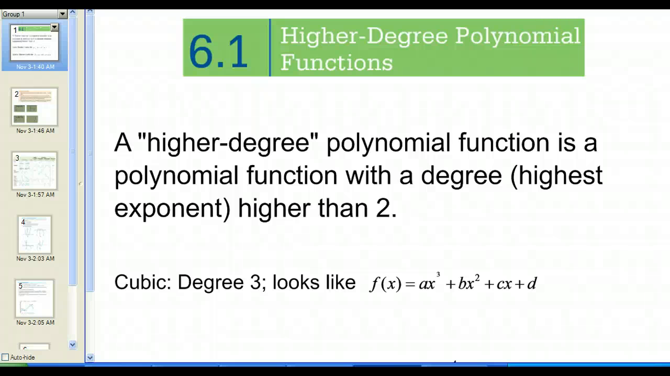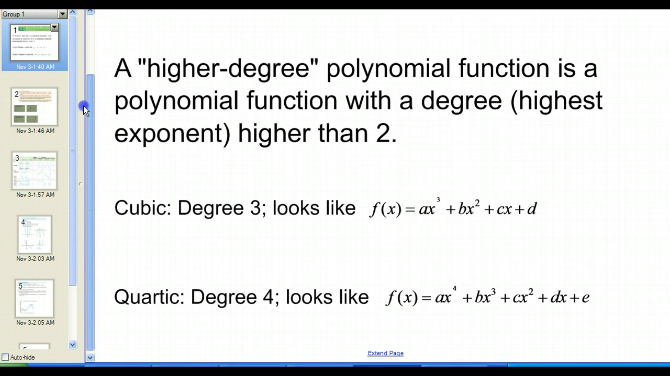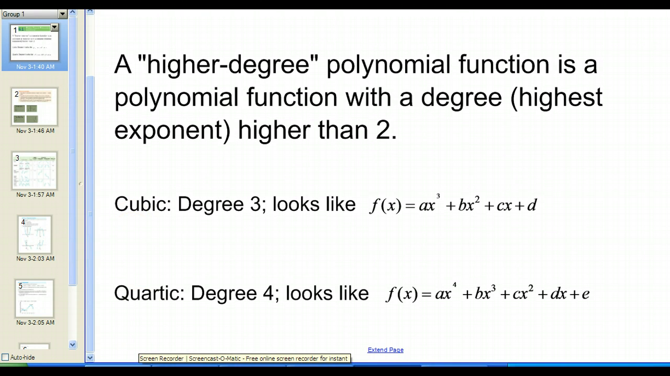Alright, boys and girls, this is your chapter 6.1 notes, higher degree polynomial functions. What we mean by higher degree is basically just higher than 2. We've talked about lines, we've talked about quadratics, which are basically just degree 2 polynomials. So anything higher than that we call higher degree polynomials. We have special names for two of them, the cubic and the quartic. That's degree 3 and degree 4